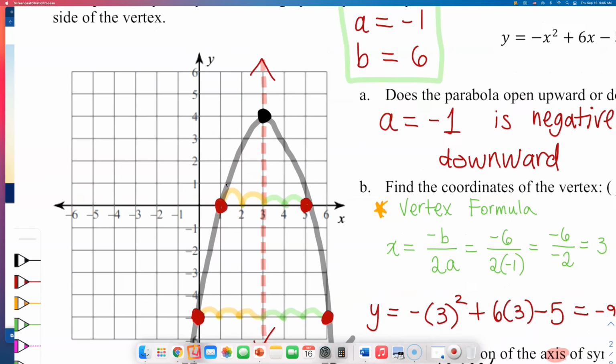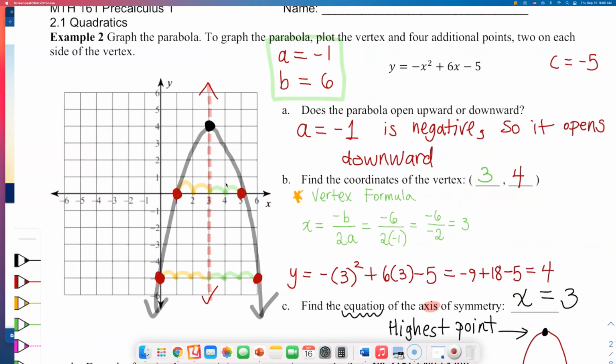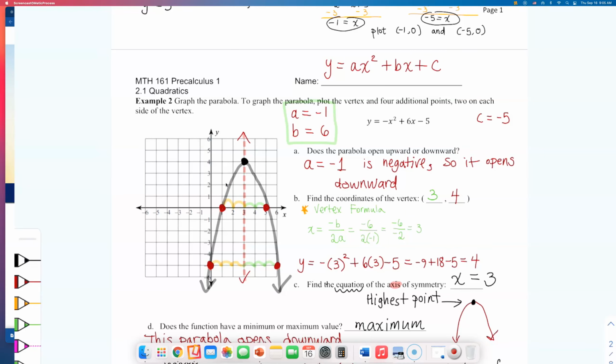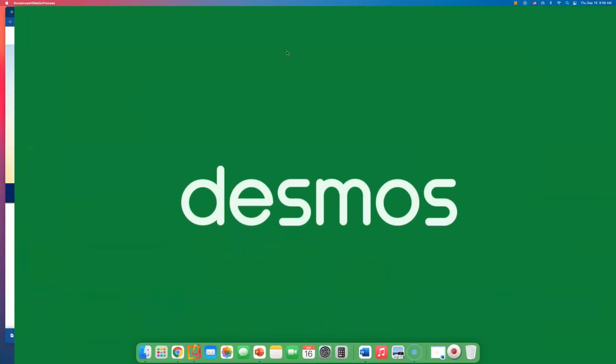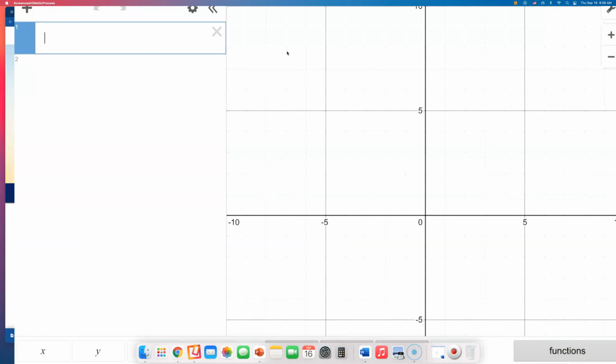Okay, so we did it again. We graphed another parabola without the help of a graphing calculator. But if you are doing your homework problems, if you want to check and see if you're doing all these right, definitely go to desmos.com and graph it. If I go ahead and use my Desmos graphing calculator app, I can do y equals negative x squared,